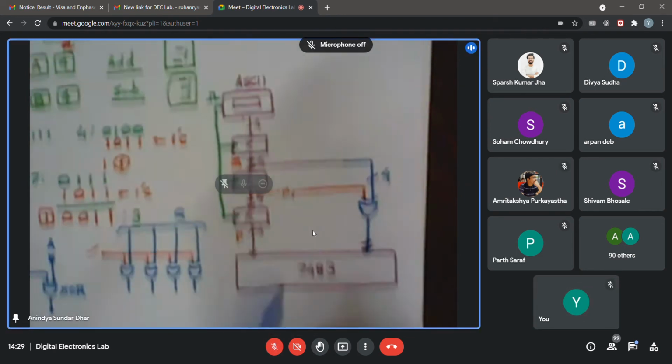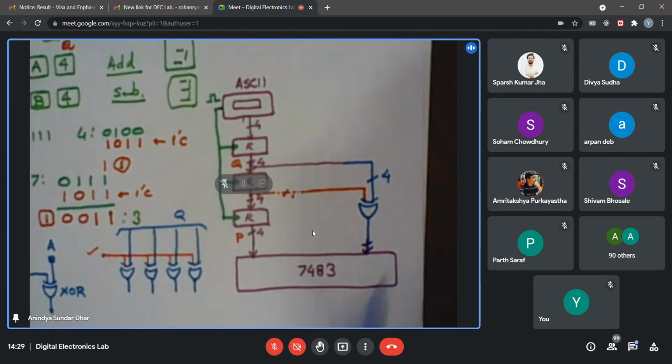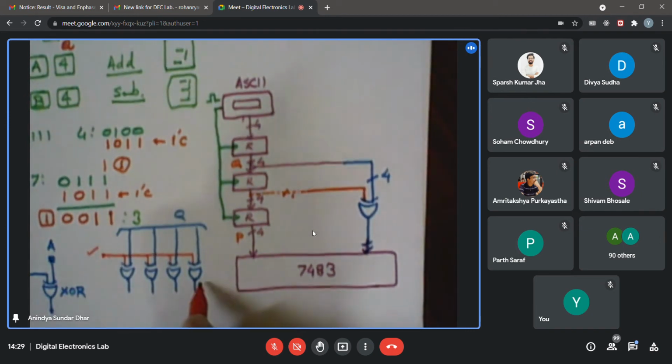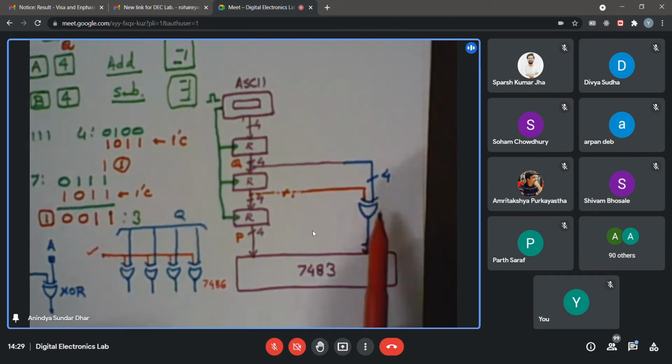One's complement, that is bit by bit complement basically, right? So in that case, I will get bit by bit complement at this point. Whatever I have drawn is basically 4 XOR gates together. If you see the list of ICs, you will find that there is a single IC that encapsulates 4 such XOR gates. The number is 7486. So you may just use a single IC for this purpose. Connection should be established such that one terminal is common. So you need to make connections.